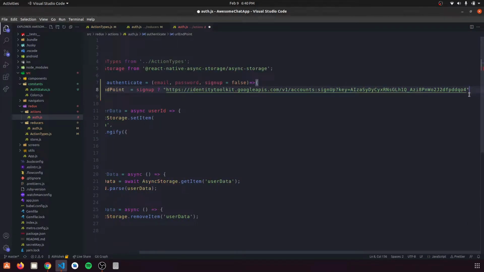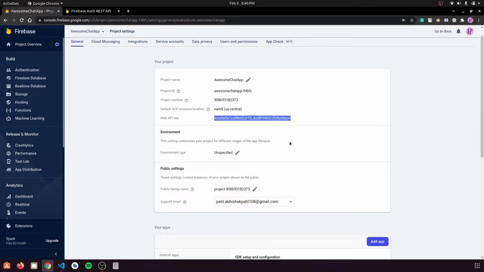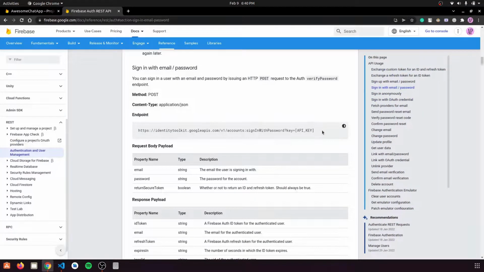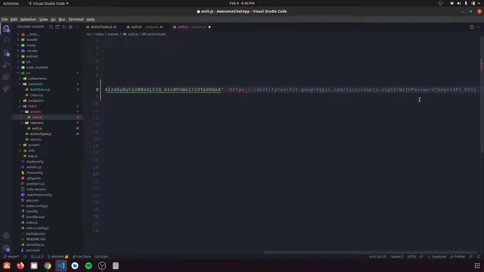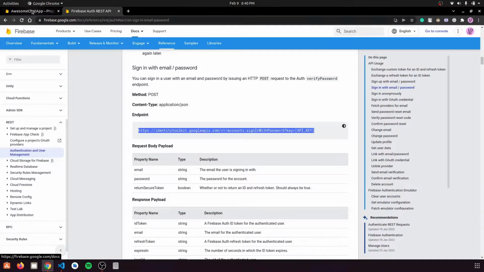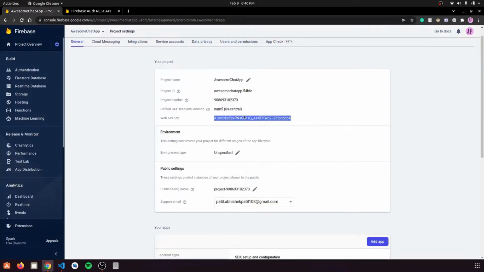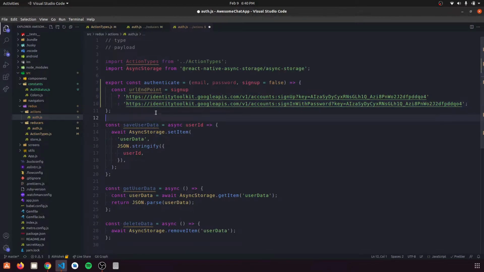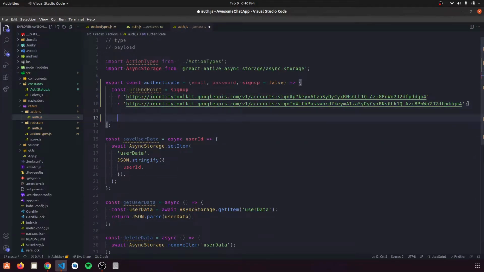And if it is not sign up, then we are probably logging in. Then we are going to use this API endpoint, sign in with email, and we are going to copy this here and paste it here as a string, and then we are going to replace its API key variable with ours. So copy this here and replace it here. So now we have our URL endpoint here as a constant, and now we are going to use redux-thunk